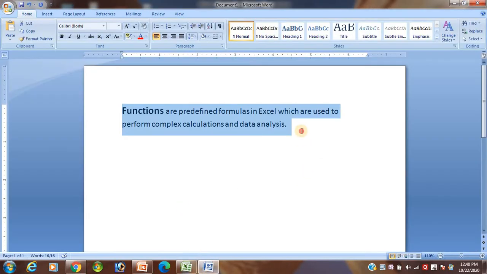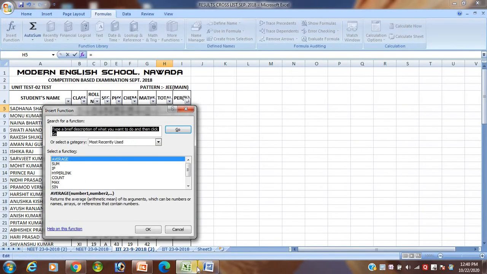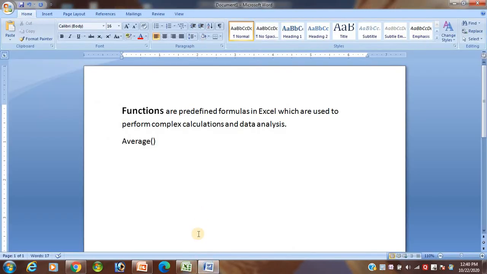Suppose I want to write the average. You see what is written here: number 1 comma number 2. What is this?